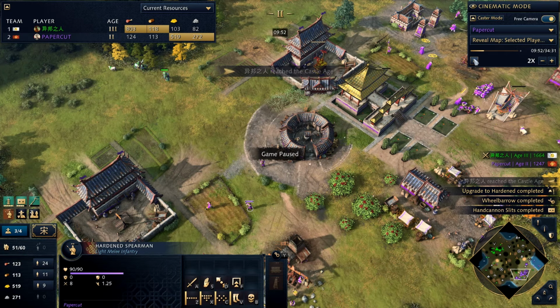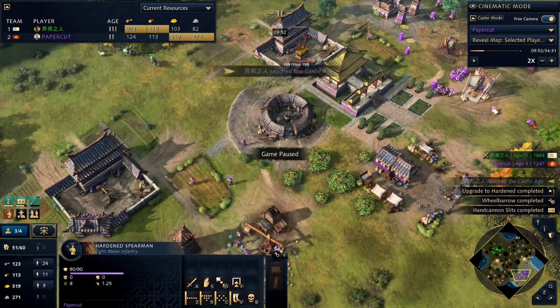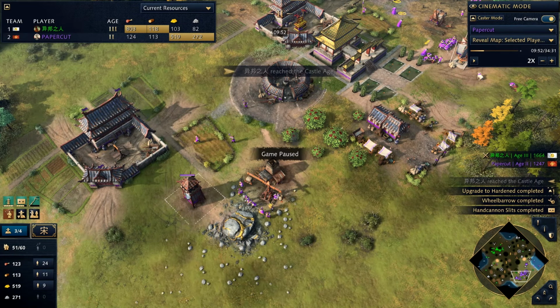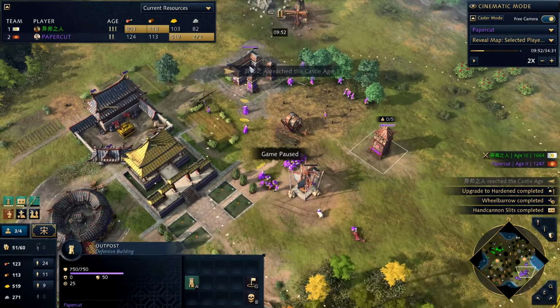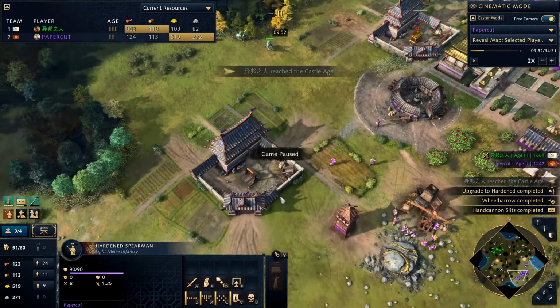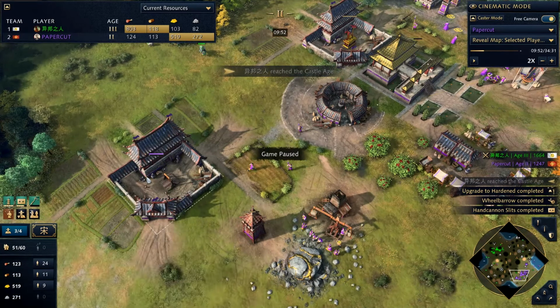At the 950 mark, we start seeing his initial push. I make sure to have my spearmen split between my different spots of eco. I have 2 spearmen near my gold. I have a tower near my gold that I'm upgrading. I have a tower near my food and wood. I have spearmen near my food and wood. I'm always going to make sure I have units and towers near my areas of defense so that I can